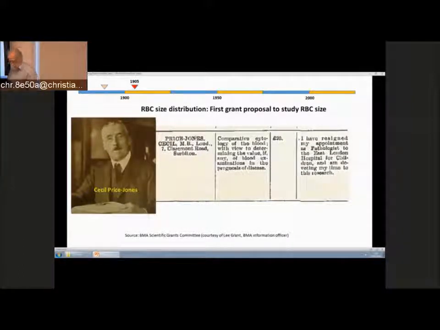Well, 1905, what happens to his grant? He does publish a little bit. Things are slowed down because he gets an infection from the laboratory cultures and almost dies. Then he joins the Royal Army Medical Corps in World War I and runs the pathology laboratory in a general hospital. But finally, in 1920, 15 years later, he is able to publish a paper on the variation of red blood cell sizes in